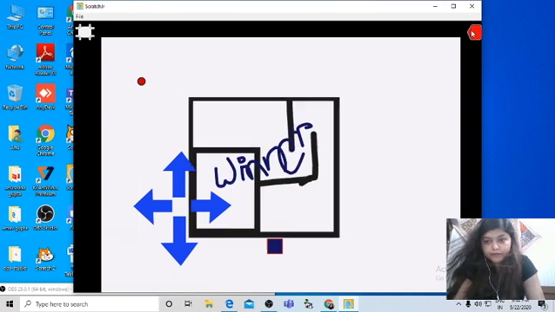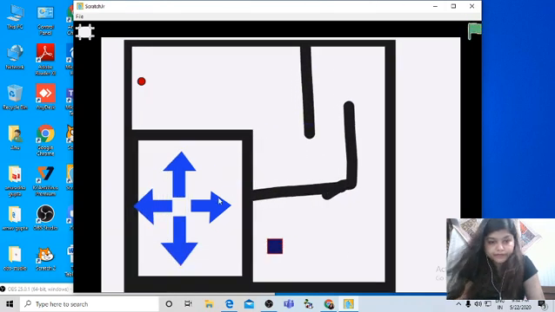Okay, you can see the winner message disappears the moment you click on flag. Now you need to move your red dot, and you can see whenever I am clicking on that particular arrow, it will move accordingly. Like if I want to go leftwards,